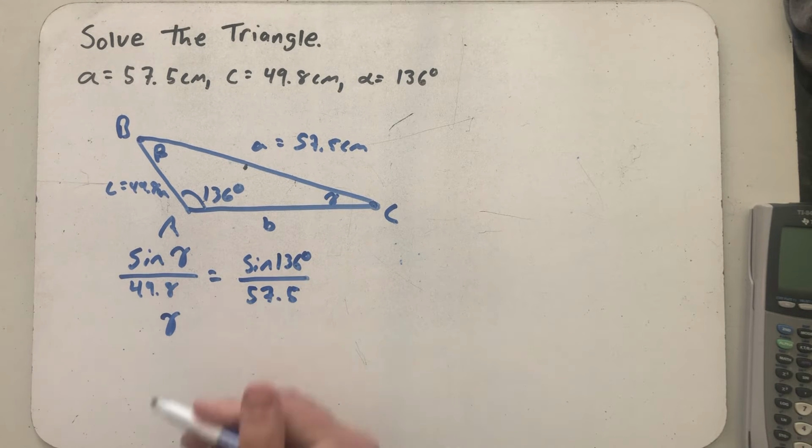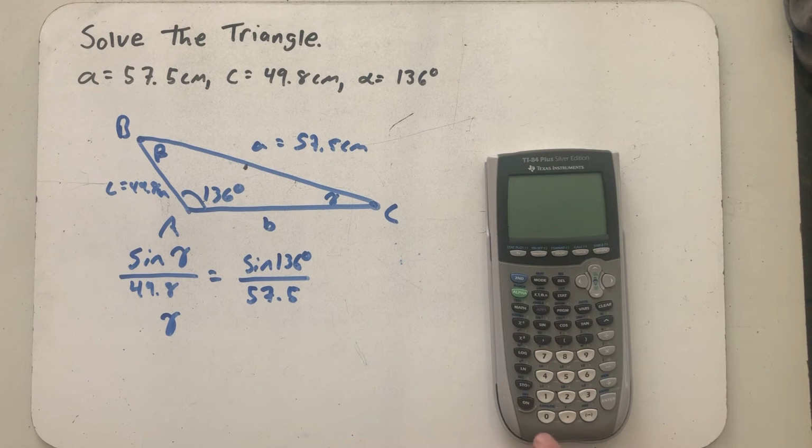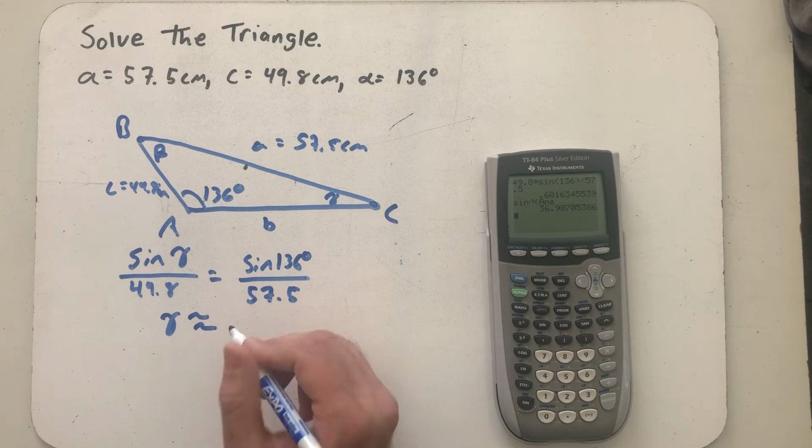All right, so let us find gamma. 49.8, imagining multiplying that to the other side, times the sine of 136, divided by 57.5. And so sine of gamma is about 0.601. Using inverse sine, I find out that the angle here is about 36.99 degrees,